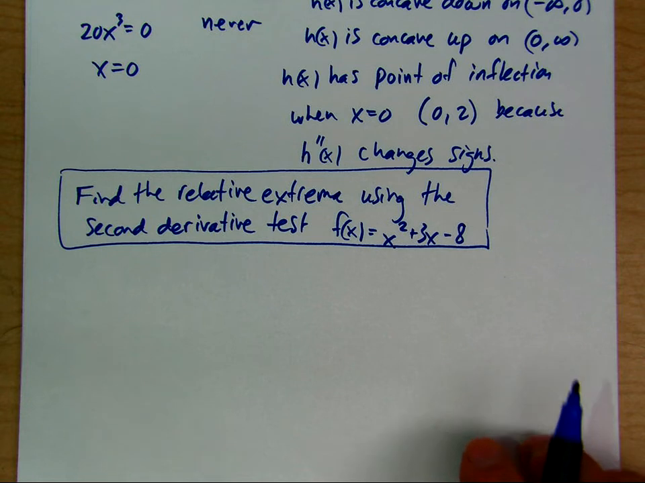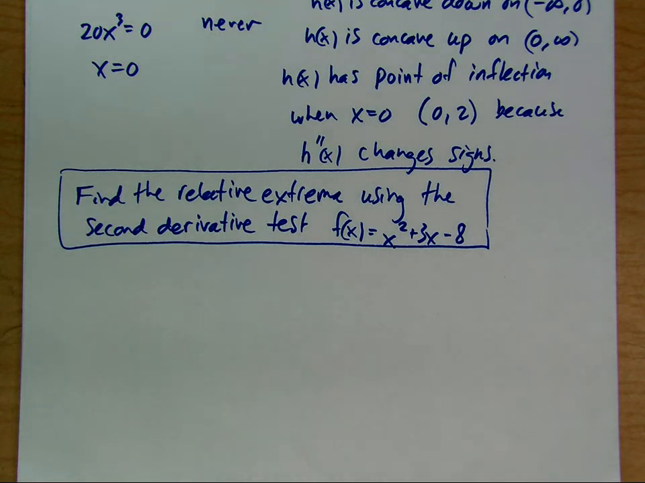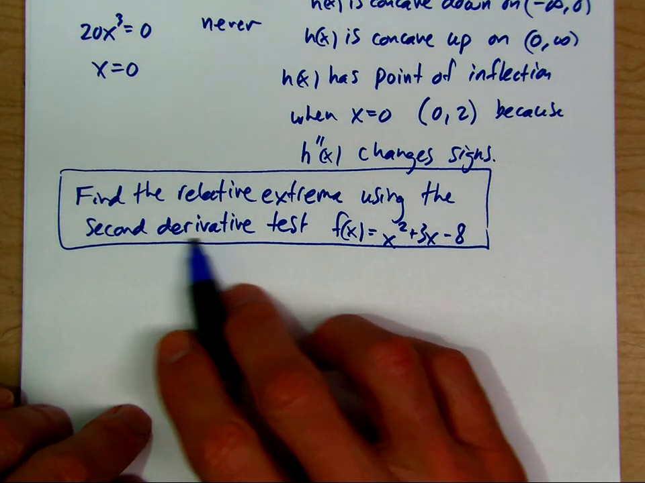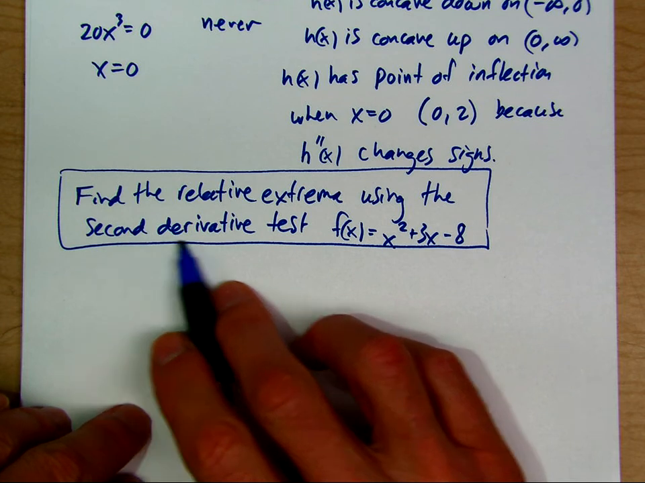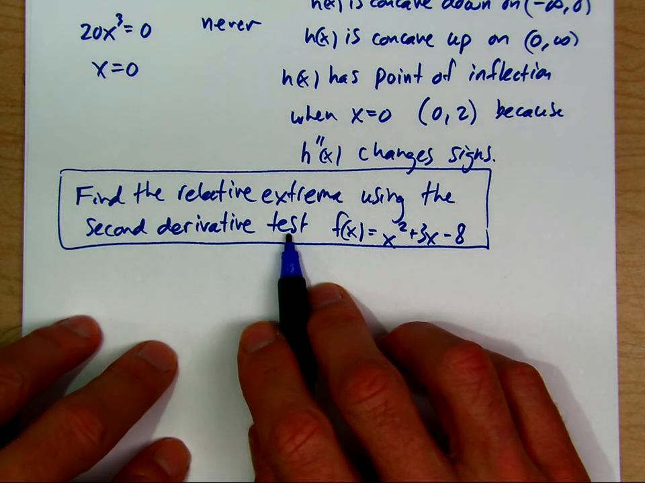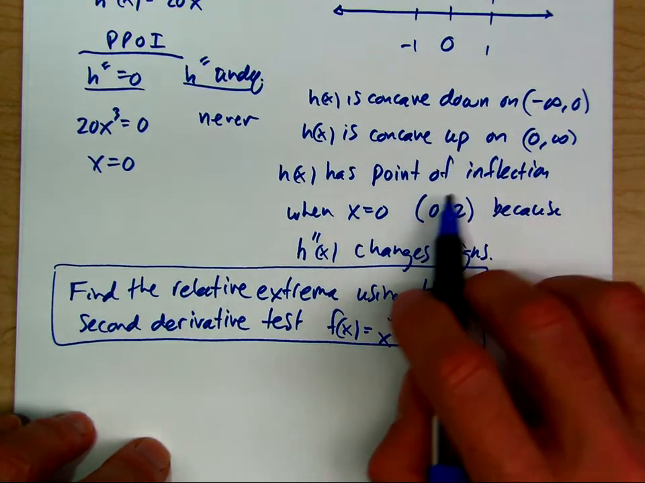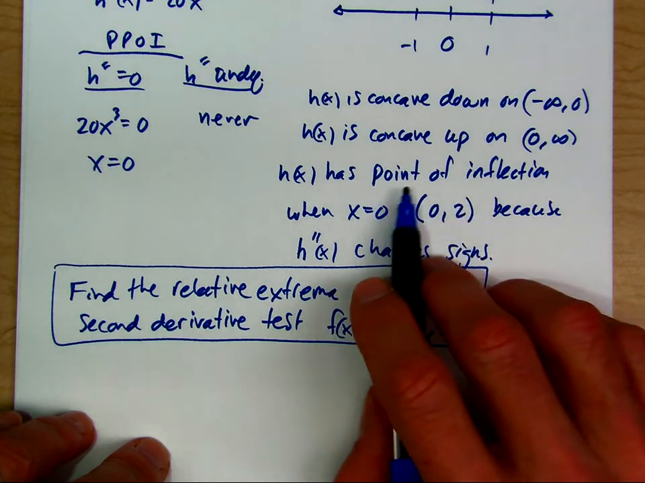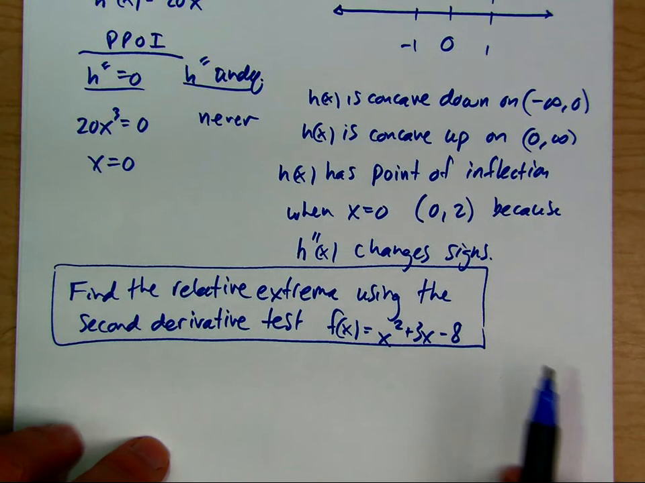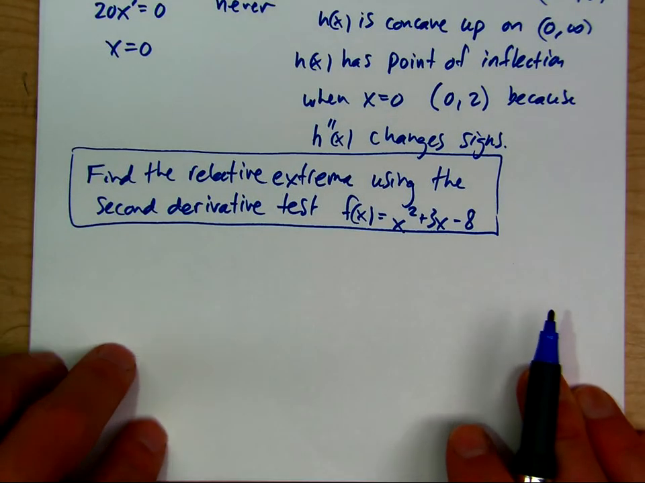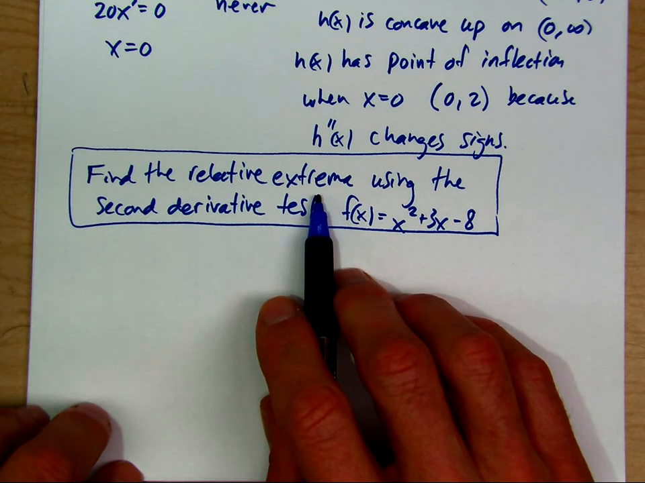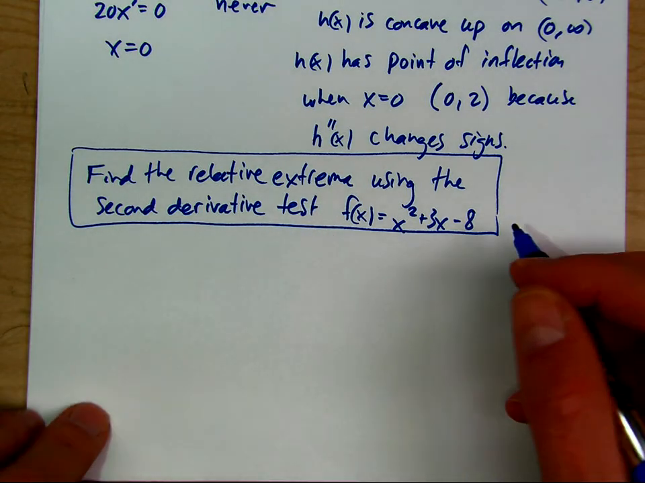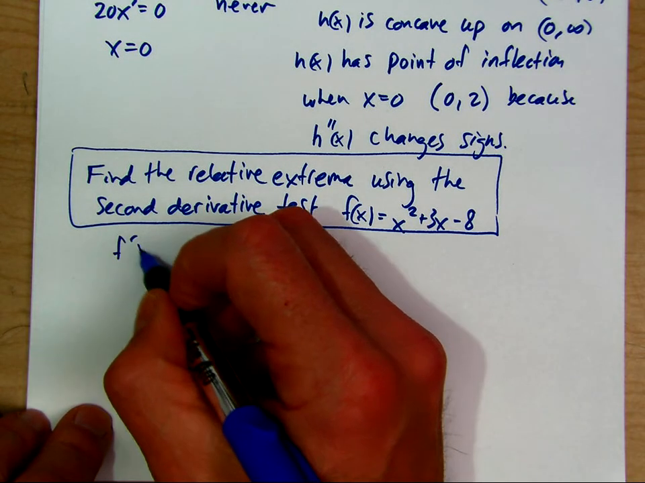All right. Make sure that if you read second derivative test, you're not assuming that it's for a point of inflection. Point of inflection uses the second derivative, but the second derivative test is to find the relative extrema. So this one can be confusing because